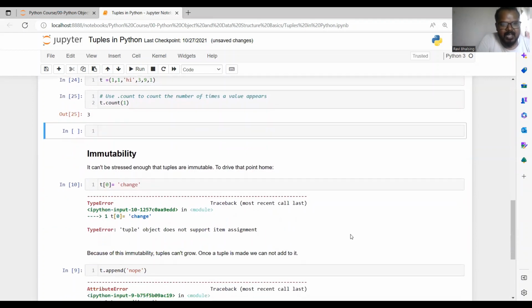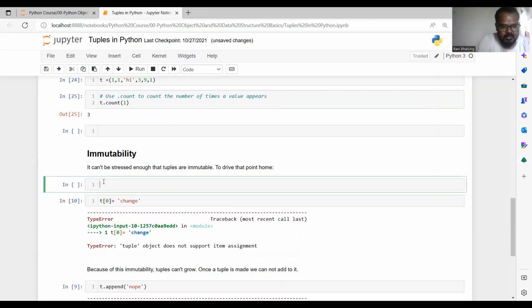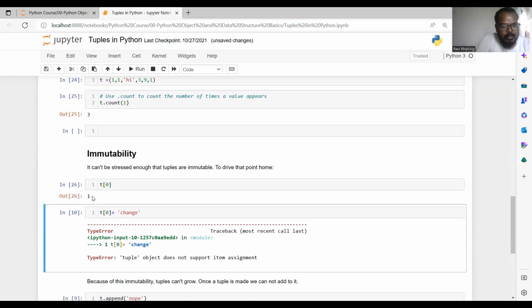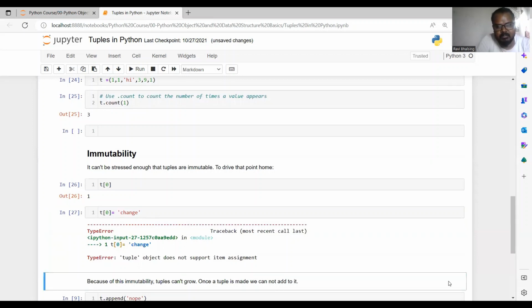Okay. And we can say that tuples' most important property is that immutability. Immutability means we cannot change the values of tuples. So for example, if you check here in zeroth index, there is one value present, and if I try to change the one value with a change word, so it shows the error. Tuple object does not support item assignment